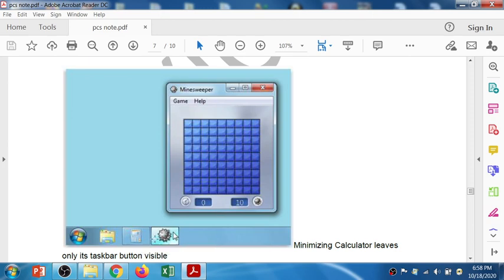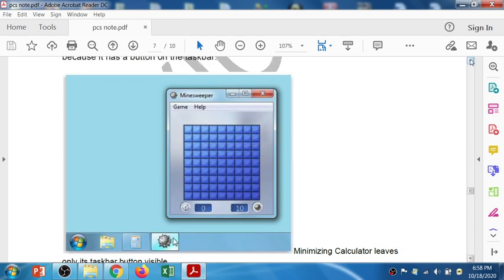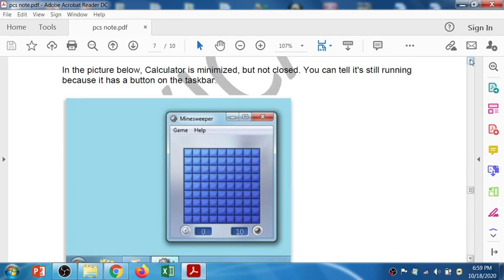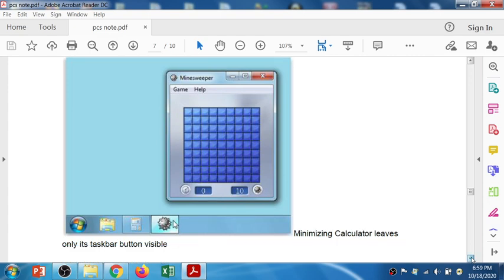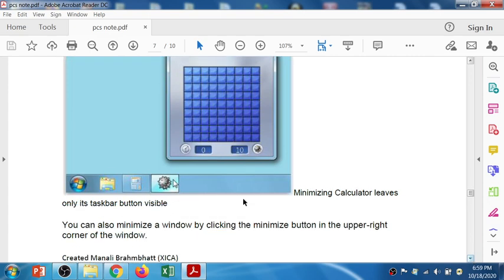So two applications are currently running on your desktop, but this game is currently activated and the calculator is deactivated, you can say, right? So you can tell that it's running because it has a button on the taskbar. Minimizing a calculator leaves only its taskbar button visible.